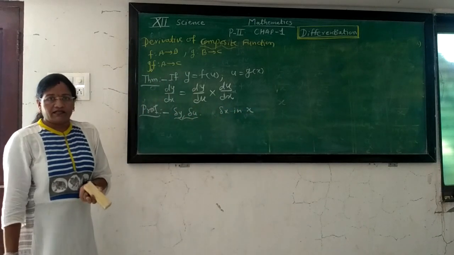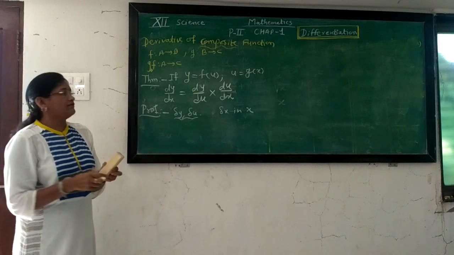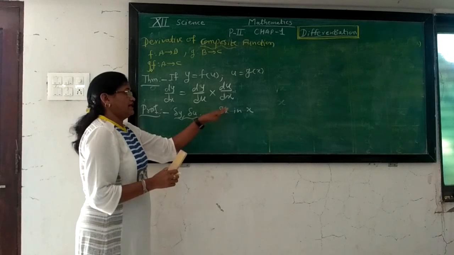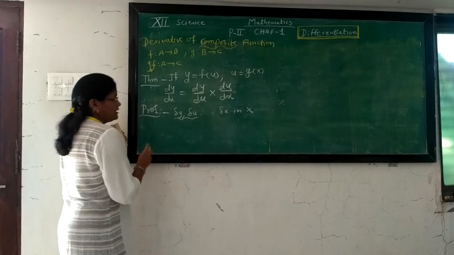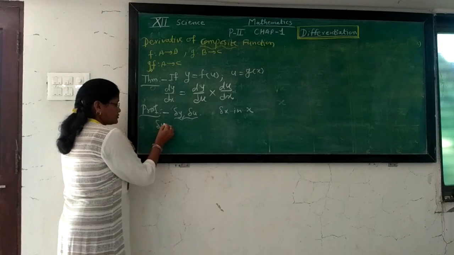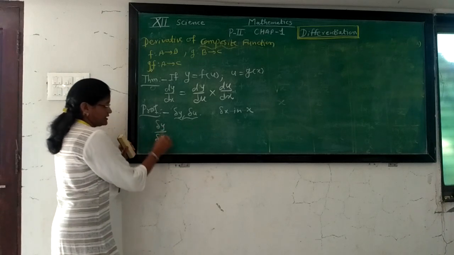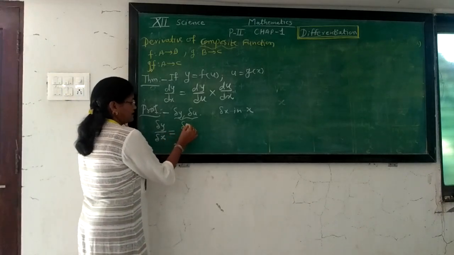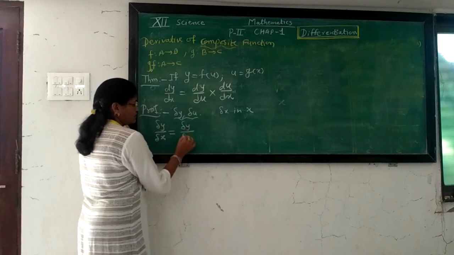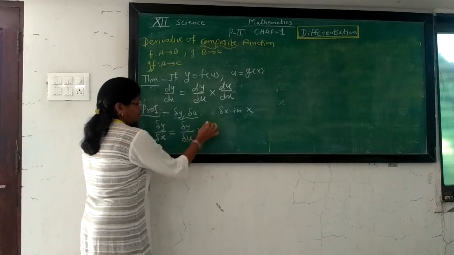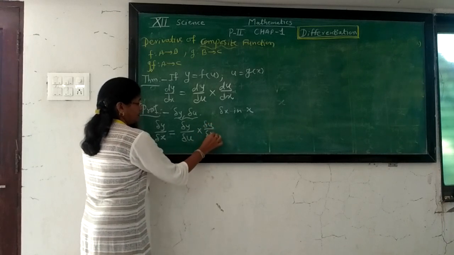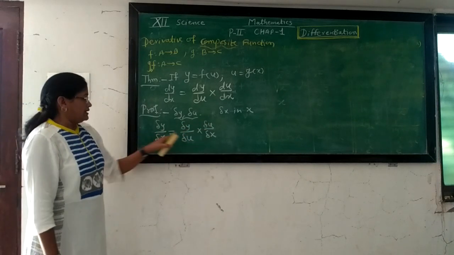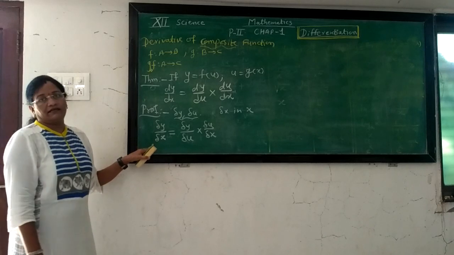Delta y and delta u are small changes in the variables y and u with the corresponding change in x as delta x. So delta x is the small change in x. By taking the ratio, consider the ratio delta y by delta x. Delta y by delta x can be written by multiplying and dividing by the increment delta u, so we can define delta y by delta x as delta y by delta u into delta u by delta x.